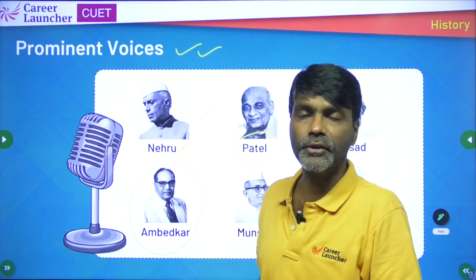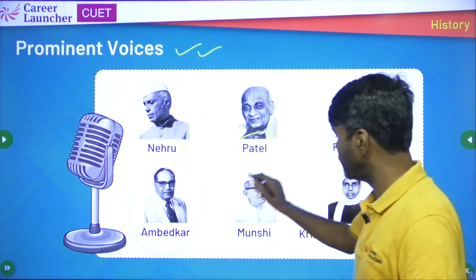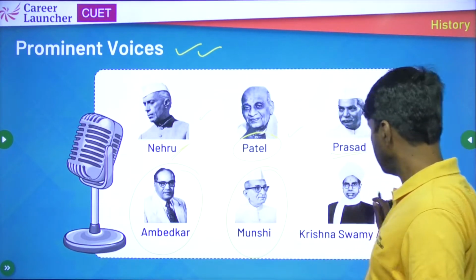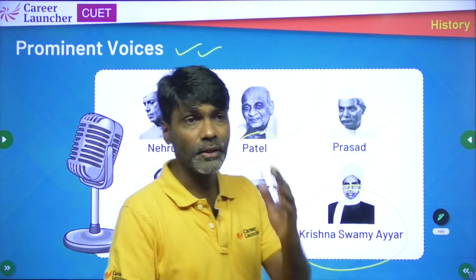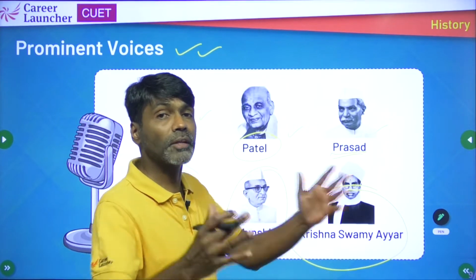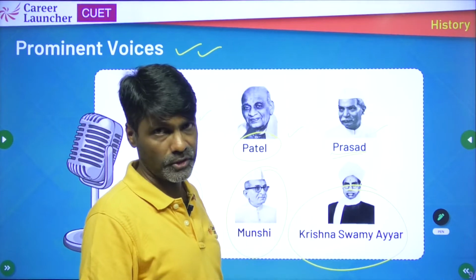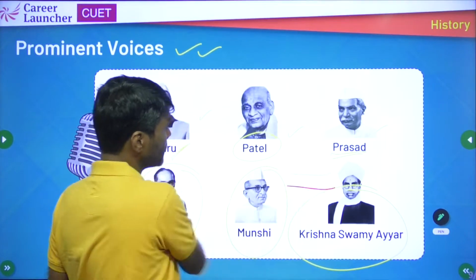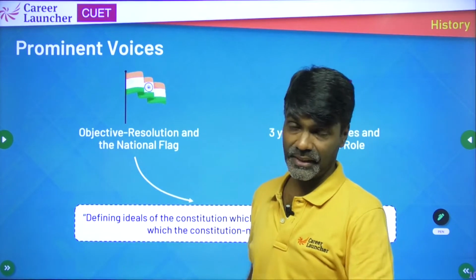While that was happening, the draft committee's chairman and in-charge, considered the brain behind it, was this learned lawyer and freedom fighter, Dr. BR Ambedkar. Okay, a couple of other people, Dr. K. M. Munshi and Krishnaswamy Iyer, not so famous as the other people. Those were two other very important names that were part of the prominent voices in the framing of the Constitution chapter of Indian modern history. ठीक, आगे चलते हैं. याद रखिएगा ये इन नेम्स के बारे में MCQs आ सकते हैं. ठीक है.